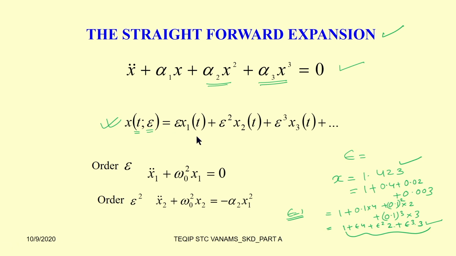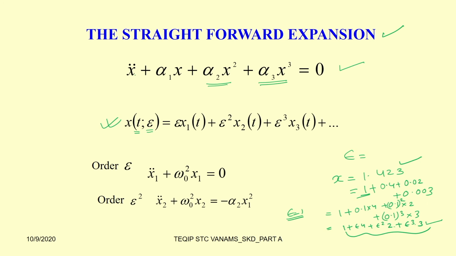For example, the solution is nothing but a number you will get. So, that number can be written in this form, that is epsilon into x 1 plus epsilon square into x 2 plus epsilon cube into x 3. So, that way you can put. Here you can add an x 0 also. Sometimes you can add x 0 plus epsilon x 1. So, here x 0 equal to 1, this is epsilon into x 1 plus. So, this way also you can write.